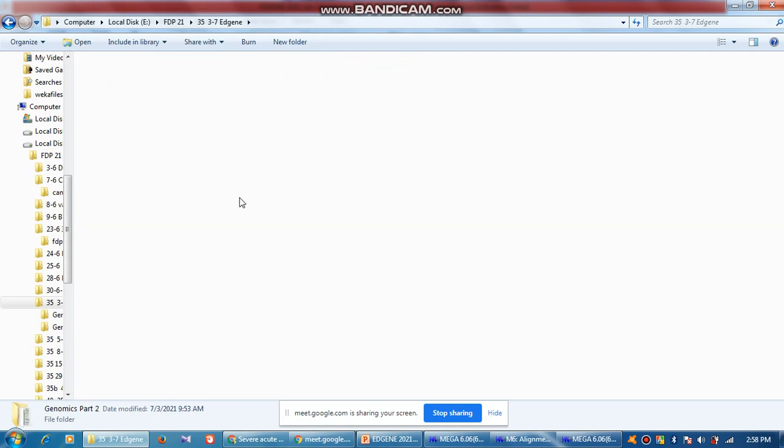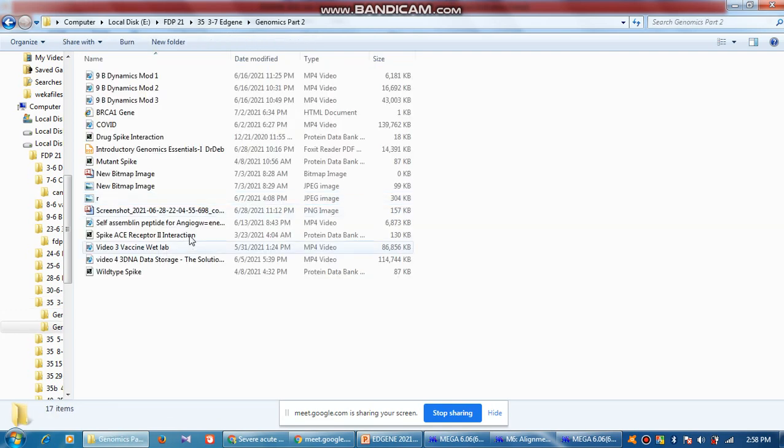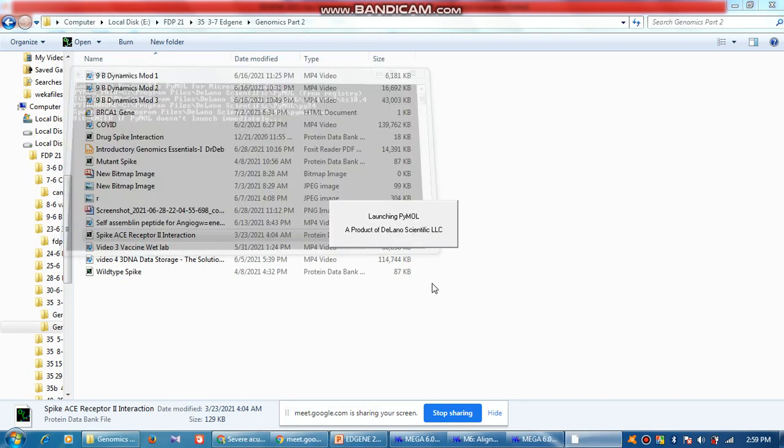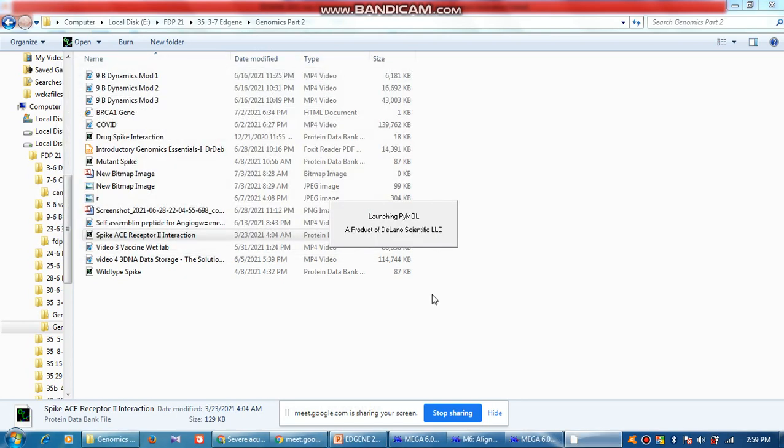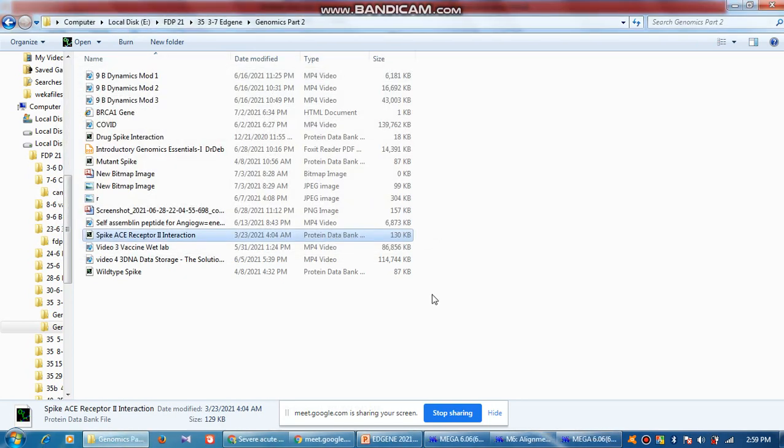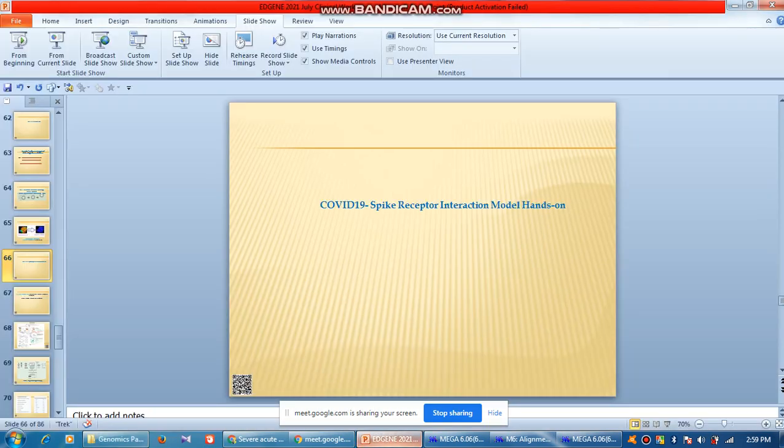So I'll show you using one of my tools how the spike and the receptor interaction takes place. Okay, so just a little insight only.